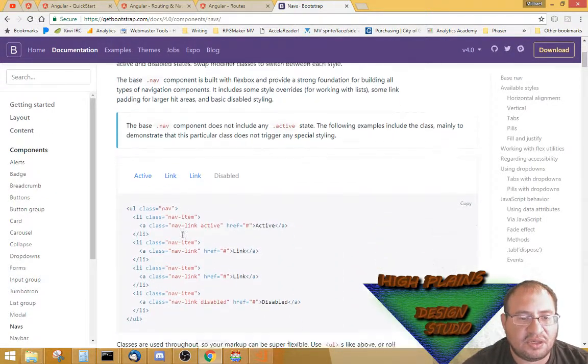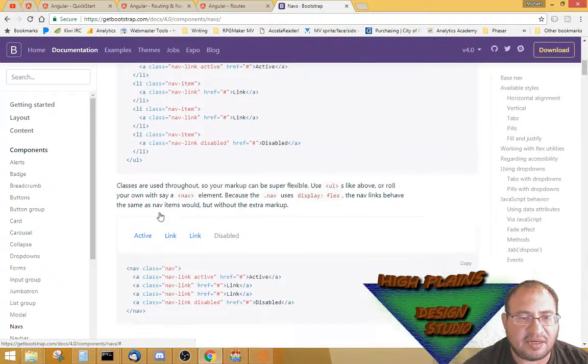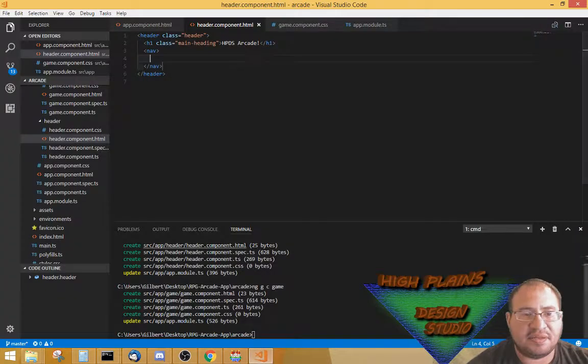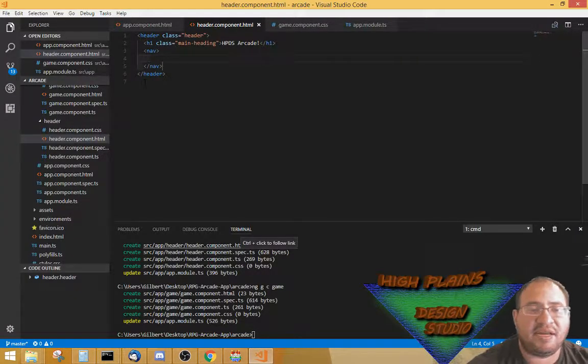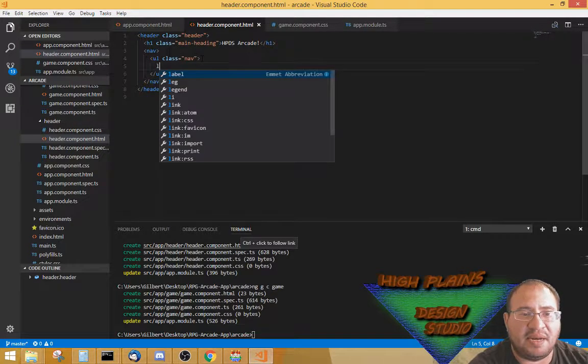Navs. So you go to class, you put a ul nav item, nav link, and that's what I'm kind of looking for right here. So looking for ul, and I'm gonna call it nav. So let's go ahead and do ul, and that class is going to be class equals nav. So in the UL, we're going to go list 1. I'm just going to list them out for the time being,